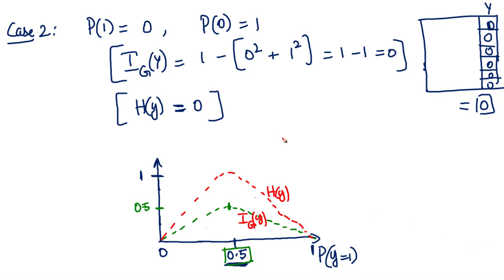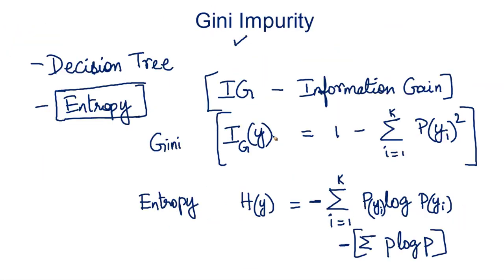This is how entropy's curve would look, and this is how Gini impurity's curve would look. Now between Gini impurity and entropy, Gini impurity is the default metric when you use packages like scikit-learn. When you are trying to build a decision tree using scikit-learn, it internally uses Gini impurity by default. Of course, you can change it to entropy as well, but Gini impurity is the default option. The reason is that it does not involve a log term in the computation of the formula. Because of this exclusion of the log term, it is computationally more efficient to calculate. Whereas when you are computing entropy, you need to compute a log term, which might require some additional computation. So my guess is it is for that reason that Gini impurity is kept as the default metric when you are building a decision tree.